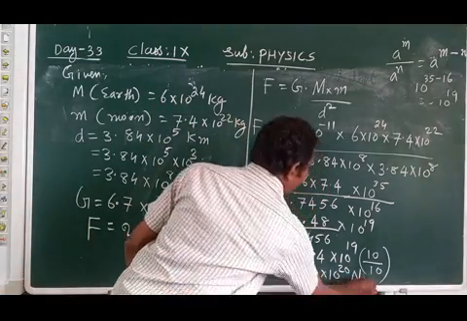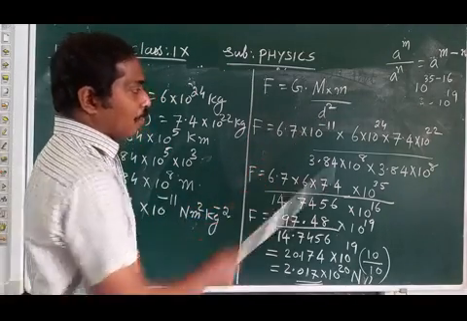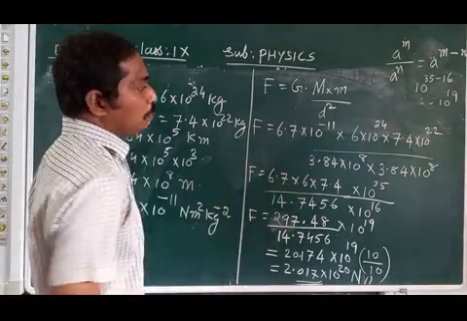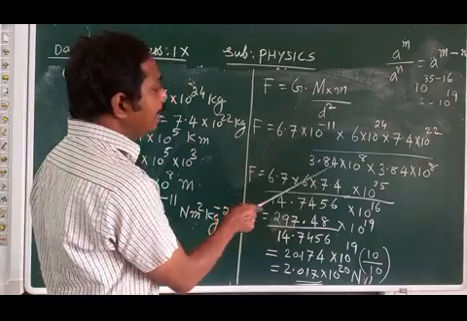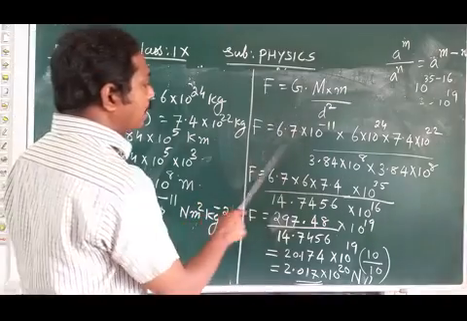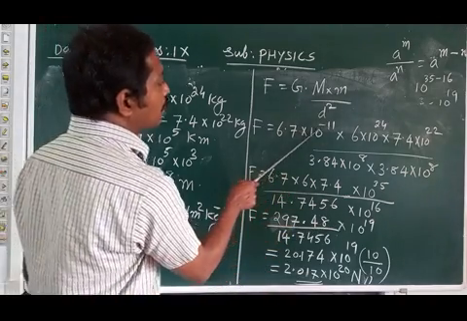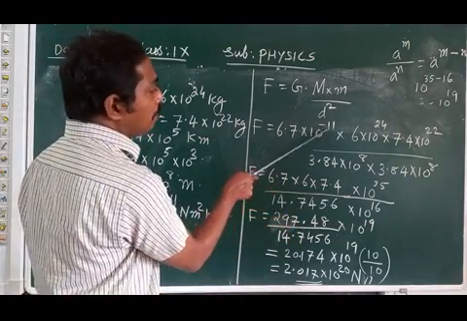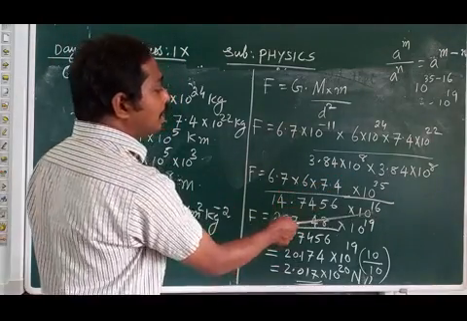That much Newton. Newton is the unit of force. So here we have F equal to G m m by d square: 6.7 into 10 raised to minus 7 into 6 into 10 raised to 24 into 7.4 into 10 raised to 22 divided by d into d. This value we have to multiply twice. So when the numerator is multiplied we get 297.48 into 10 raised to 19, and adding the exponents we get 10 raised to 35. Then the denominator is 10 raised to 16.